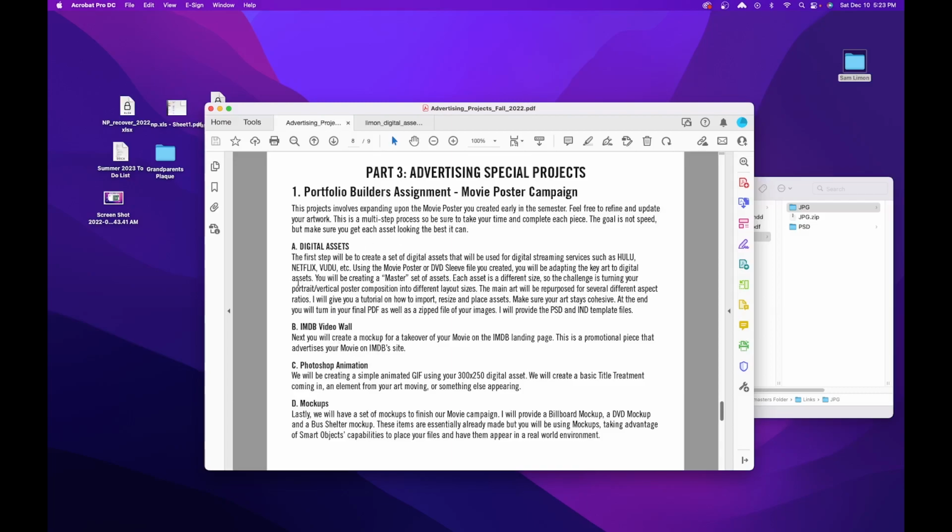This time we're going to continue working on our movie poster campaign project. We should have just finished creating our digital assets, so part A. And next we're going to be working on part B and C together. It's going to be the IMDb video wall, and we are also going to create our Photoshop animation, and then we're going to paste it in here. It probably won't go in as an animation, it'll just show as a